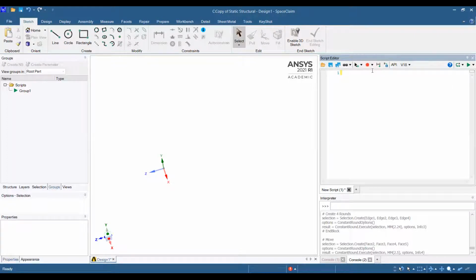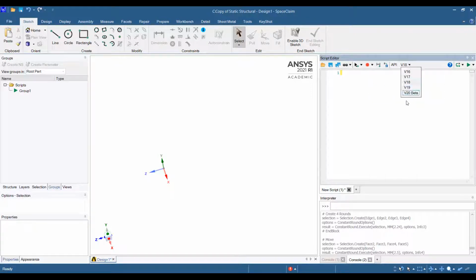If someone doesn't know Python at all, this record option is the only savior for you. You can just click on record and it will record all your steps: making a rectangle, extruding the rectangle, making a block, making some rounds on edges, etc.